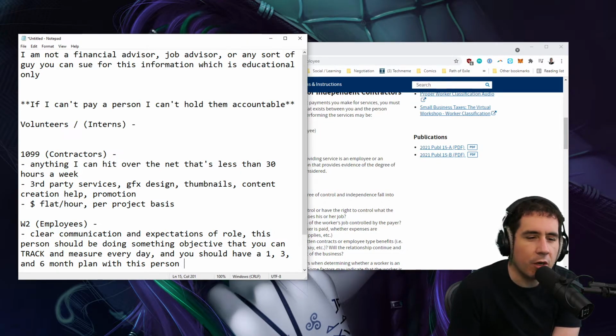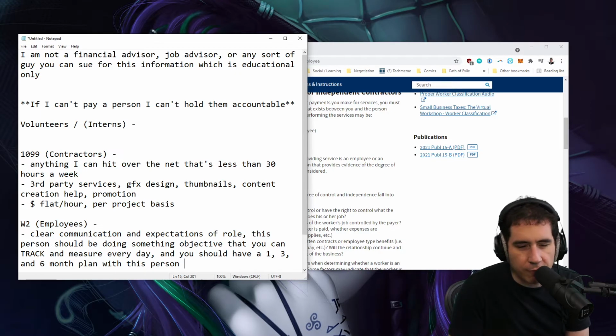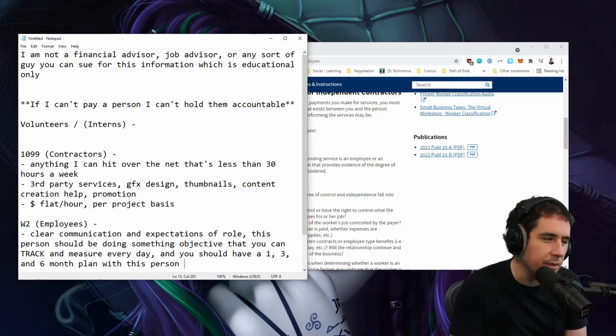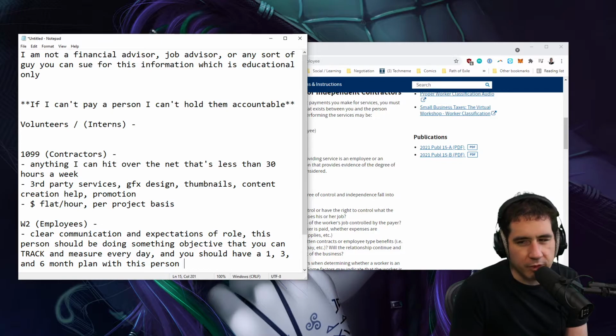Because, and this goes all the way back full circle to why I really do not like working with interns, if I have a W-2 employee who I'm paying competitively and who is set to that expectation, we should be in an evolving relationship that is growing in the way that I'm talking about. I do not want to do this kind of work for an intern. I don't want to set up all those expectations just for them to leave, or have no guarantee or attachment to the business. I don't like that. You could say employees could leave too. It's harder though. It takes a lot more for an employee to want to leave a job, and you usually have to be doing something wrong as a leader to facilitate that.